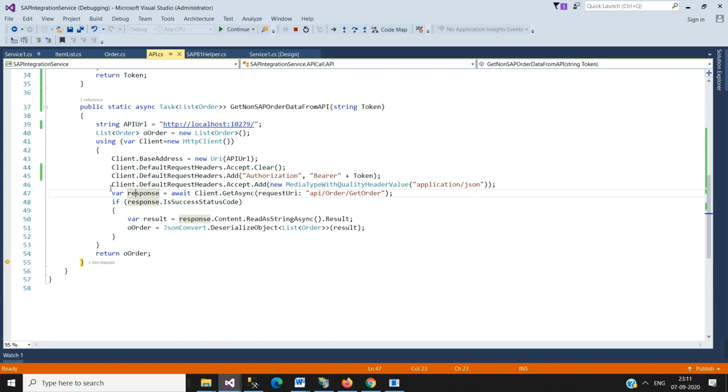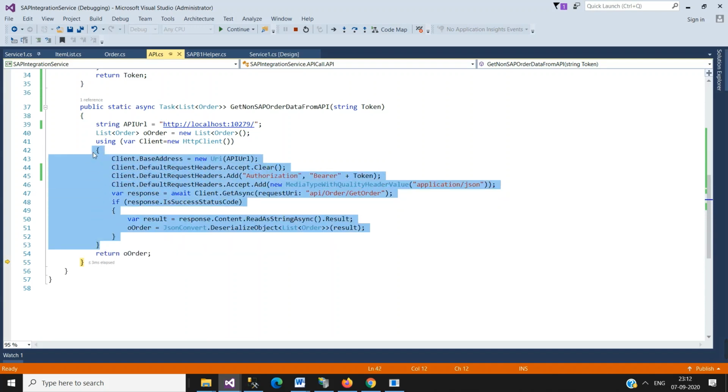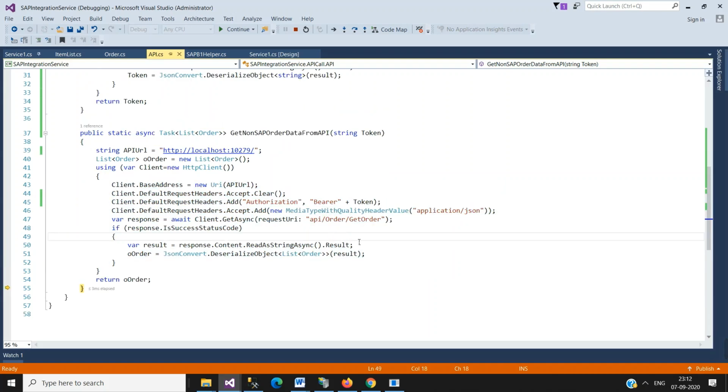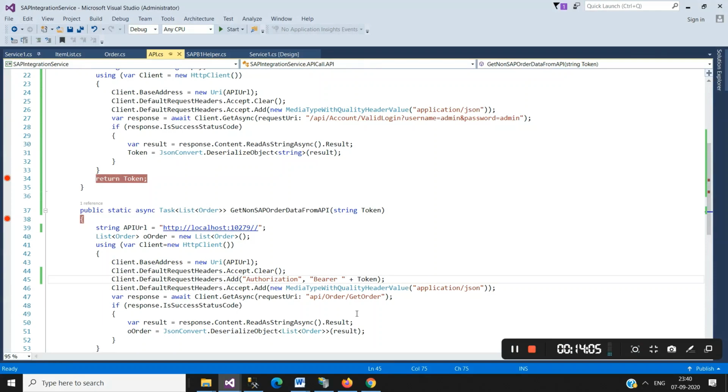We cannot see it because we have come out of the using scope. So let me check what the error exactly is. We were getting the error just because of a missing space here, so I give one space here, and let's run this service once again.